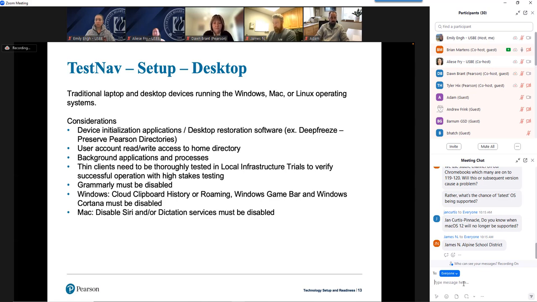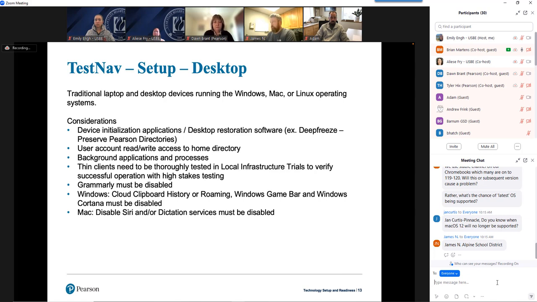Because of that, you want to make sure that any background applications that are running are minimized or completely eliminated if possible. I'm talking about things like automatic antivirus updates, automatic operating system updates, any applications that automatically launch, or any applications that automatically display a message to the screen, using email as an example, where it says, hey, you've got a new email from somebody.